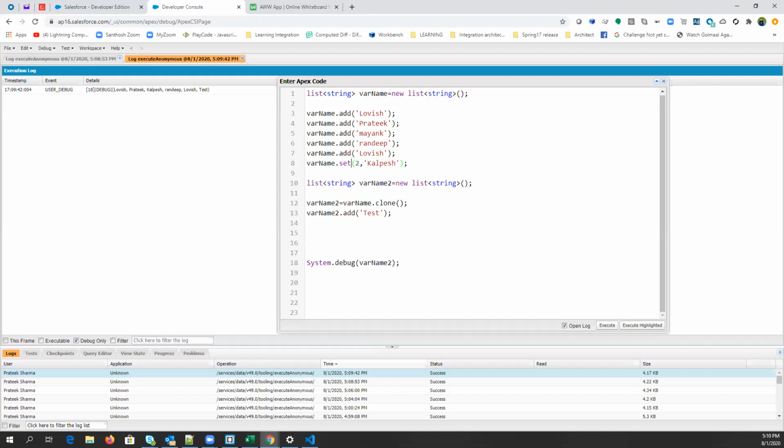And the next method is size that we have already checked. The size is just to get the size of the list. Now, we have another method called sort. Basically, sort is by default in descending order. So if you want to sort it into ascending order, you can use list dot sort, and it will be sorted in ascending order.